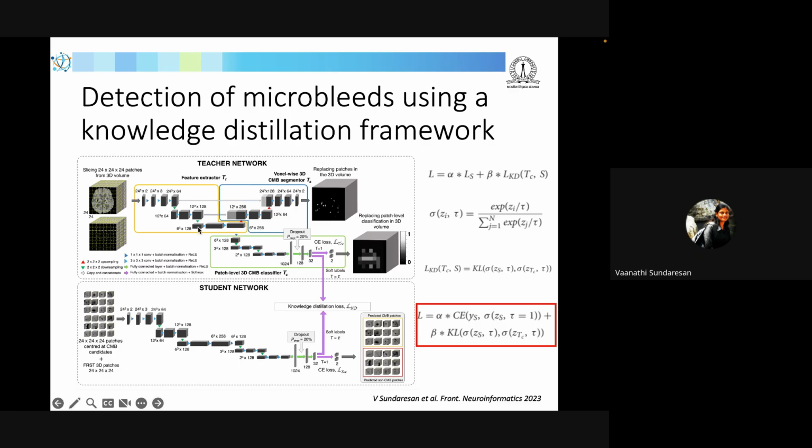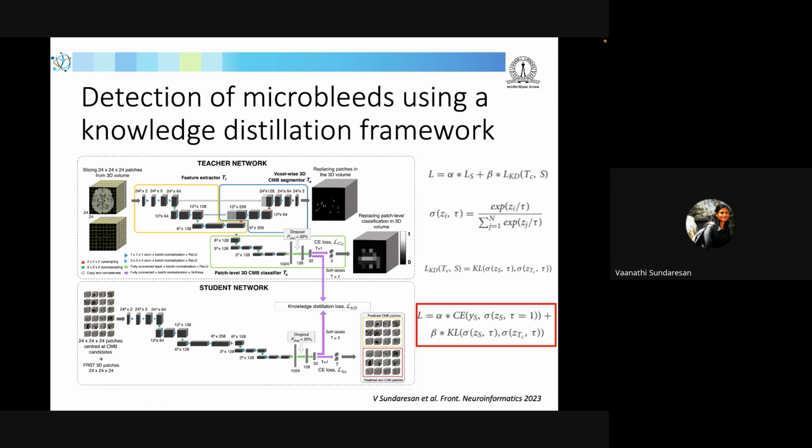So if you see the teacher network, you can usually train the network for multiple tasks and also using extensive data. And the model is also quite complex. Whereas if you look at the student network, you essentially use a very small model, often a subset of the teacher model, and then you do a very targeted task, right? So the idea is that the student is guided by the teacher using some loss function from the teacher model